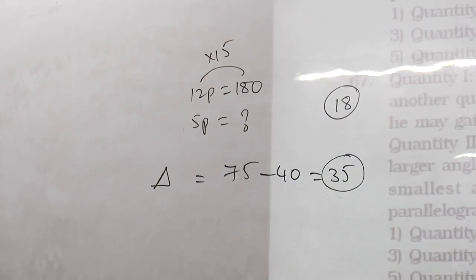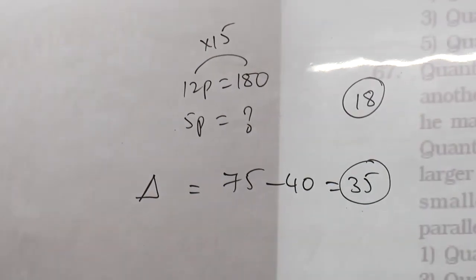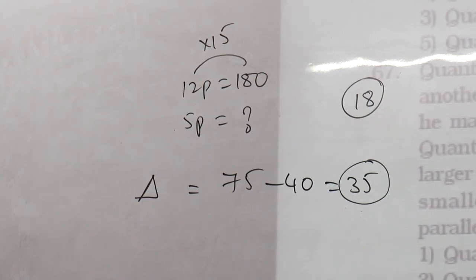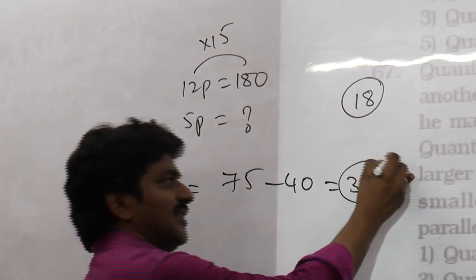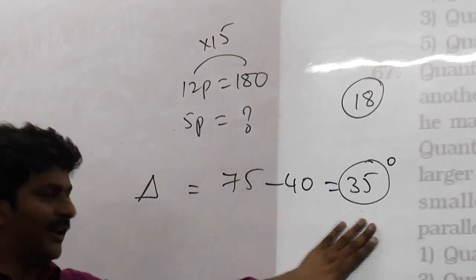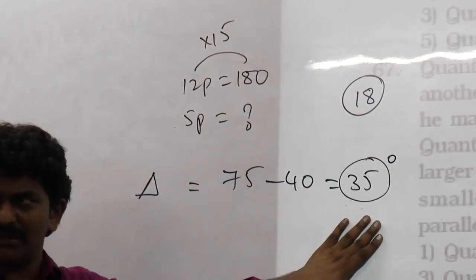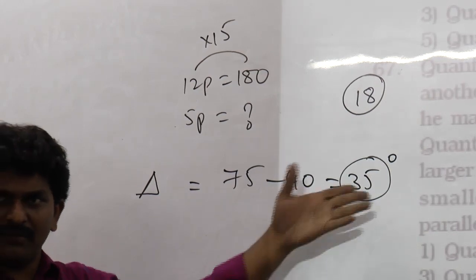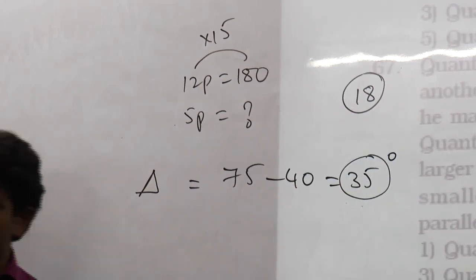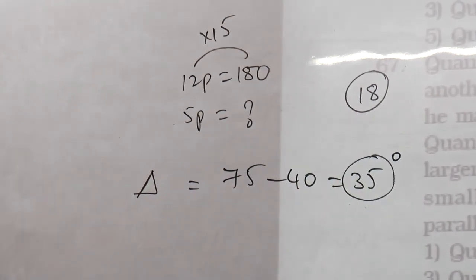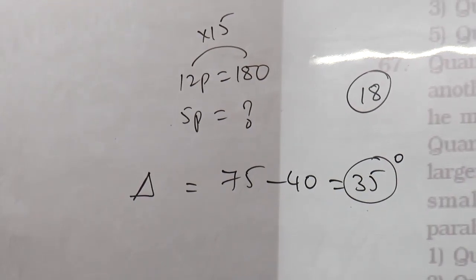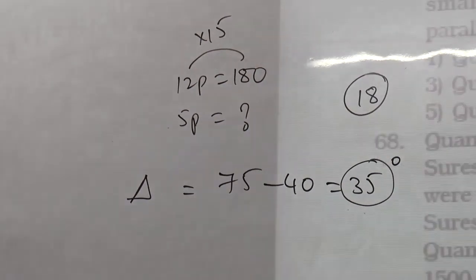You don't need to calculate the largest angle of the triangle again, and you need not calculate the second largest angle of the triangle, because the least angle itself is 35 degrees. So the second largest will definitely be more than 35, whatever it is. Quantity 2 is more than 35, hence you can decide your answer. Right?